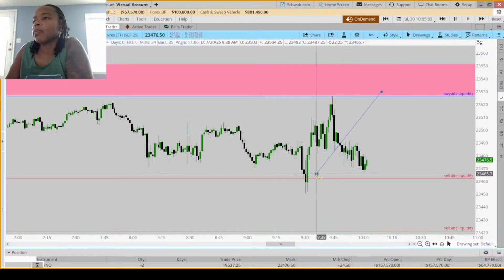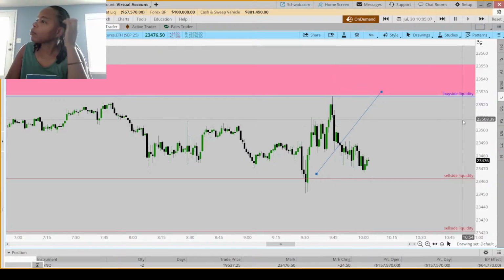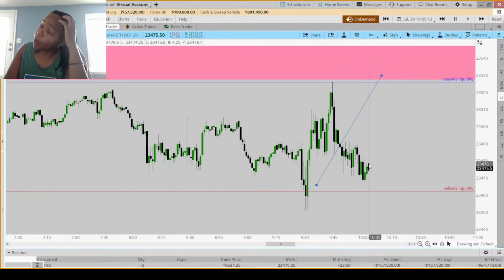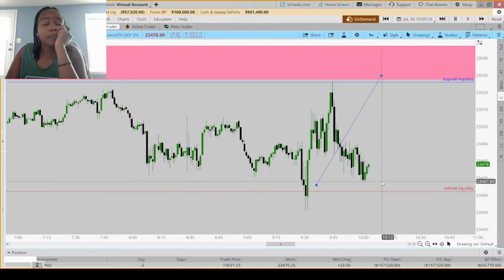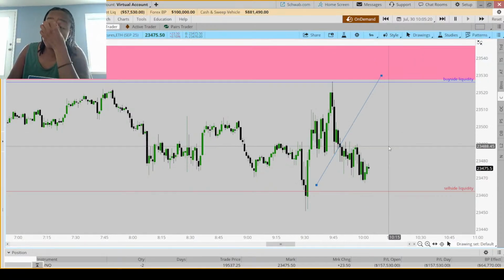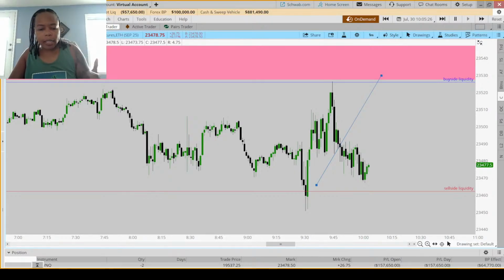And like I said, I put in a short right here. Actually, I put it right here in between these two candles. And I was hoping for it to move, but I don't think it did. I think I got stopped out for this one. So I vaguely recall that since I took a 185 loss in the morning and then a 1190 win in the evening. So that's what I'm trying to work towards.